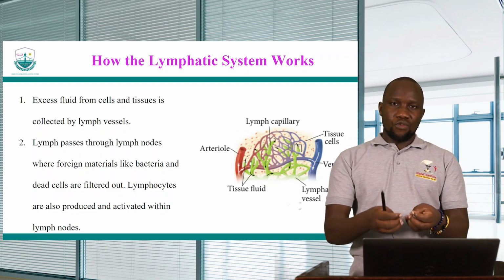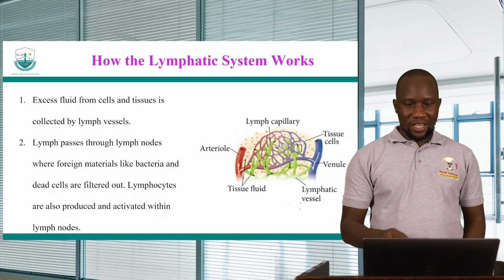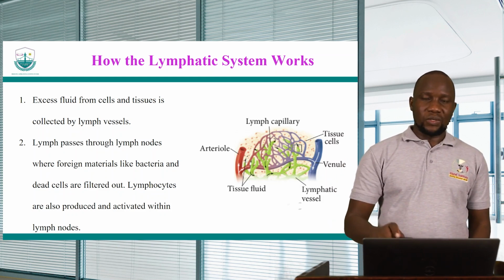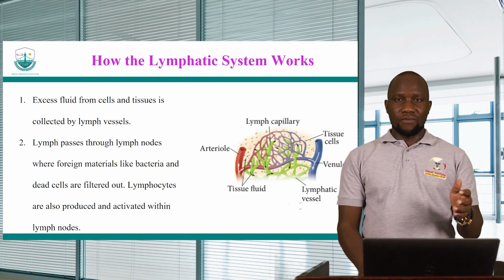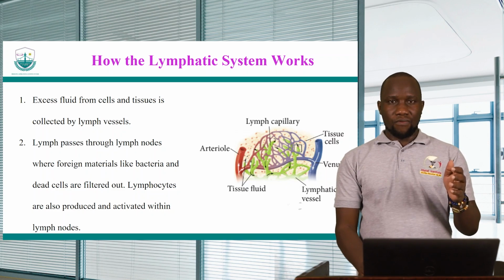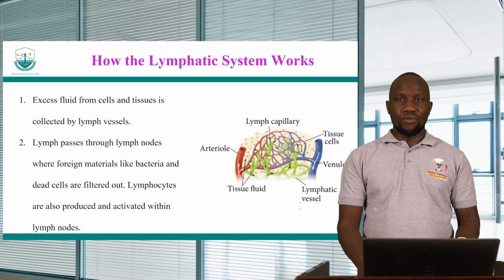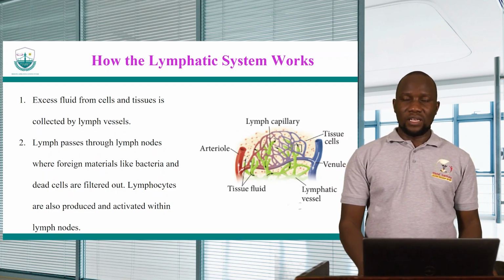So this fluid will now enter into another system of vessels that we call the lymphatic vessels. So this is basically to say that we get the lymph from the tissue fluid,